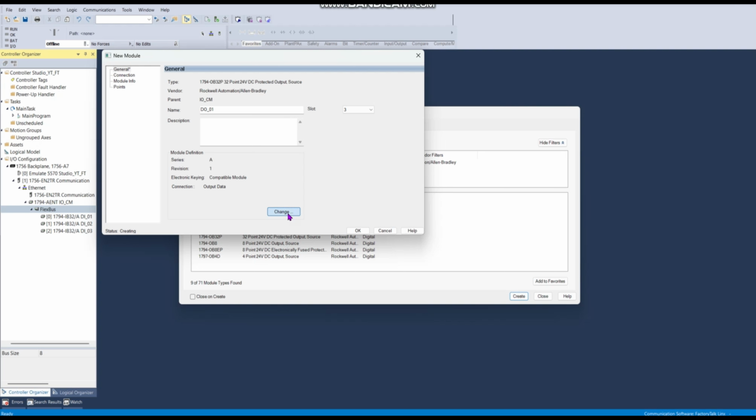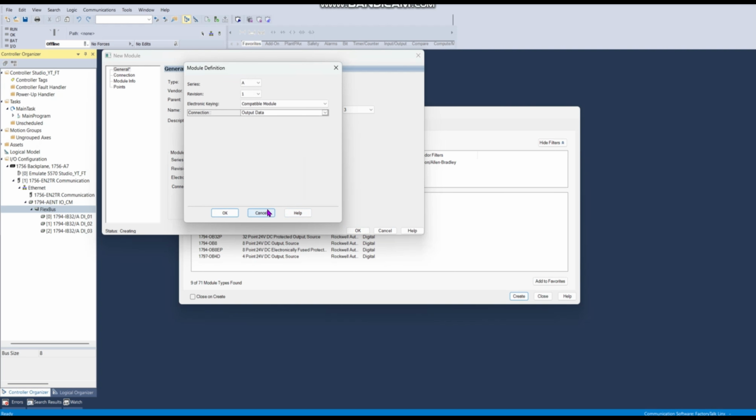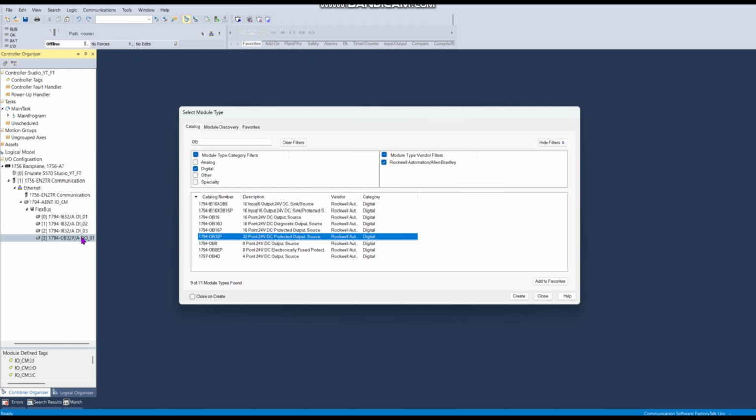Also you can change from here, and then you can change the series. For example, in the field there may be different types of series or different revisions, but only one revision is here. And always electronic keying, compatible module should be enabled, and data output should be enabled. Connection, click on